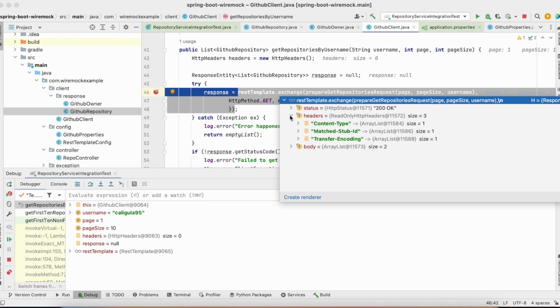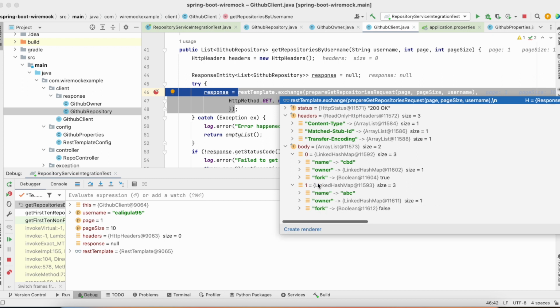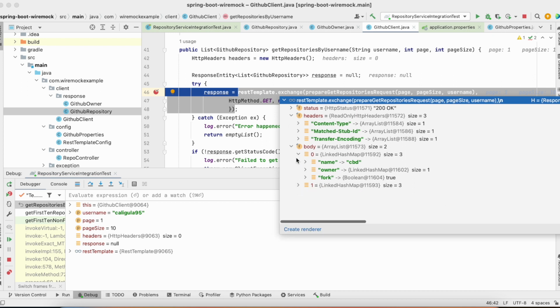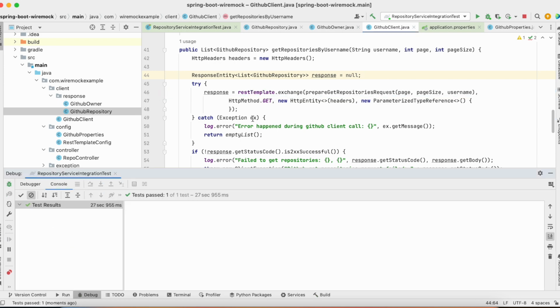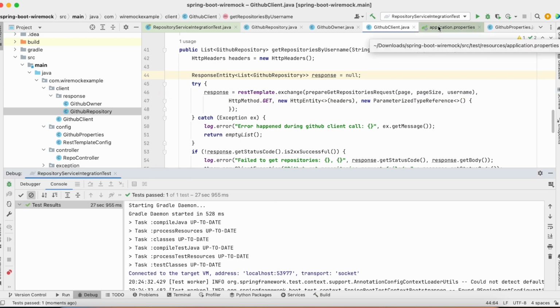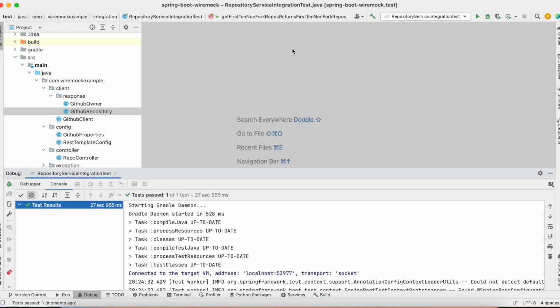Here is the response. And as you can see, here's our content type, which I put for application JSON. Here's our body with our data, which I prepared. As you can see, it's not real data from a real GitHub server. And yeah, you can run your test as many times as you want, and you don't need to worry that you trigger the real API. And that's the main advantage of using WireMock